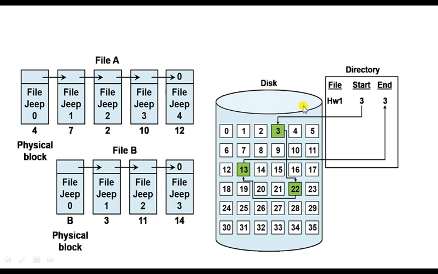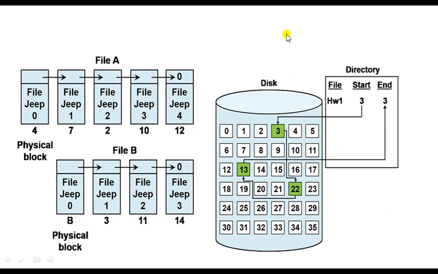So if you observe the hard disk representation, here all the blocks 0 to 35, there are 36 blocks available. From the third block you can directly go to the 22nd block. From the 22nd block you can directly go to the 13th block. So if you know the address of the first block, you can directly go to all the sequence of blocks available for this file.